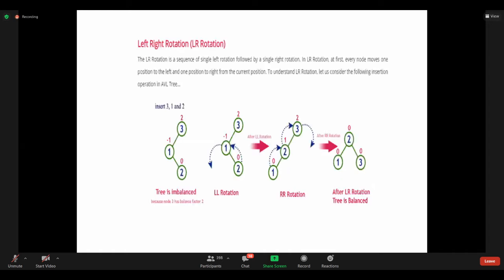So now left right rotation, nothing but LR rotation. This is one particular example. Then how can we decide it is in the form of LR? Look at the diagram. First, we calculate the balance factor for 2, 1 and 3. Then now we got 2. The balance factor calculation is clear. How 0 minus 1 is 2? Any doubt here? If you have any doubt, ask me now itself. Then I can clear it and go for the next slide. See, the balance factor is clear, right?